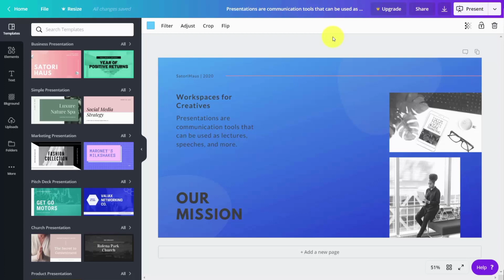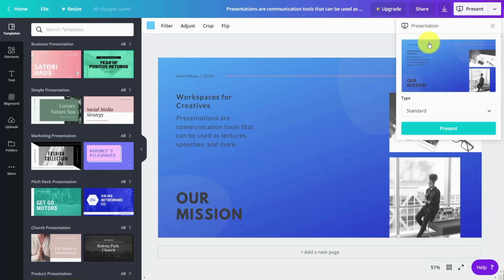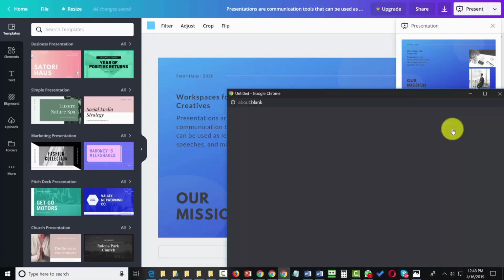Welcome back. Now, one way to output the content is to output it into a presentation. And we can do that by going to this drop-down arrow, and you're going to see that there's a link here for a presentation. What we're going to do is click that link. You're then going to see that we can download it into a standard presentation, and we can also output it into a presenter view. So if we click the presenter view and then we click present,